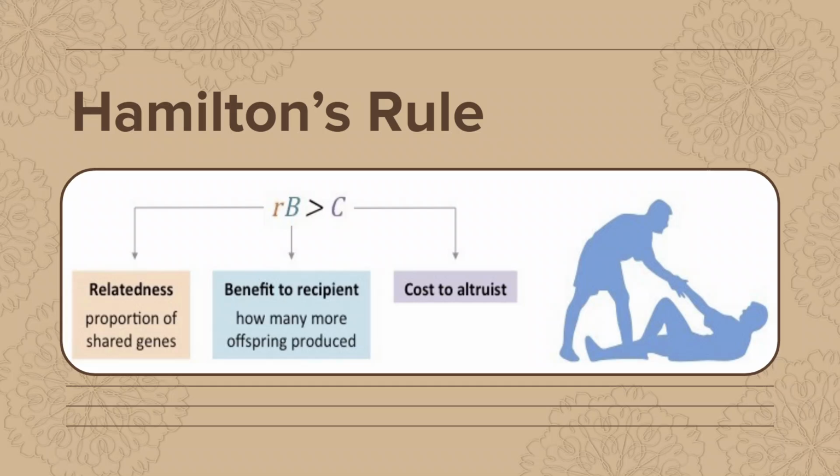An important thing to keep in mind for Hamilton's rule is that it assumes that every member will from then on produce the same number of offspring. Obviously, this isn't true in real life, but in a Hamiltonian sense, we're allowed to assume this in order to do a qualitative weighing of an altruistic act and to see if it's worth it. Now, we wanted to talk about relatedness first.